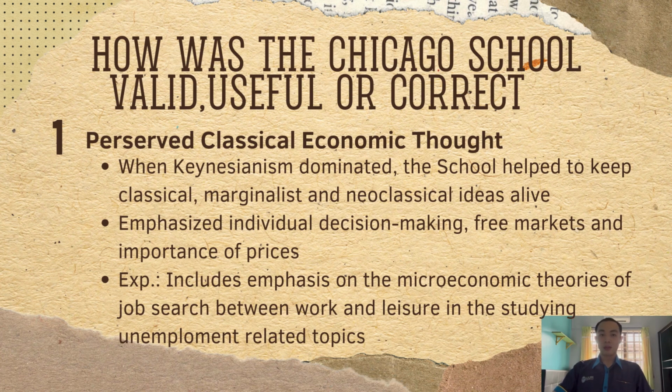First, let's look at how the Chicago School preserved classical and neoclassical ideas. In an era when Keynesian economics dominated, especially after the Great Depression, the Chicago School kept alive the importance of individual decision-making, the role of free markets, and the value of price mechanisms. For example, the school of economic thought emphasized microeconomic foundations, which led to new insights into job search theory, balancing work and leisure, and better understanding unemployment. This was not just theoretical, but it helped to revive marginalist and market-driven thinking during a time it was largely